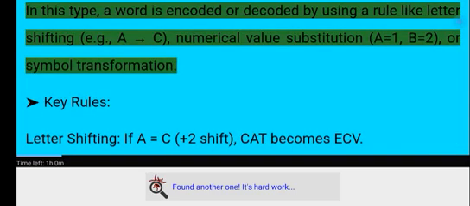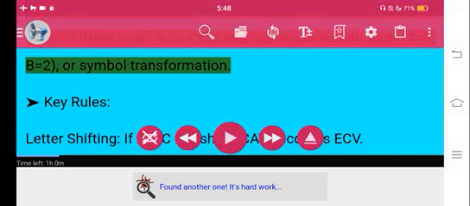1. Coding decoding. In this type, a word is encoded or decoded by using a rule like letter shifting, e.g., A → C, numerical value substitution, A equals